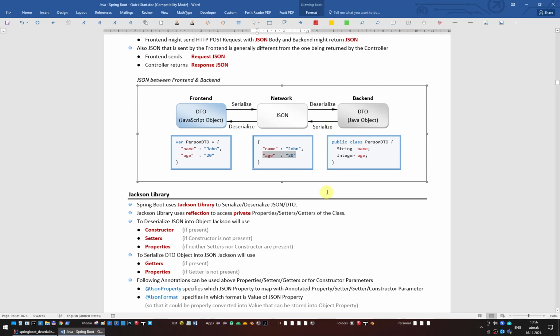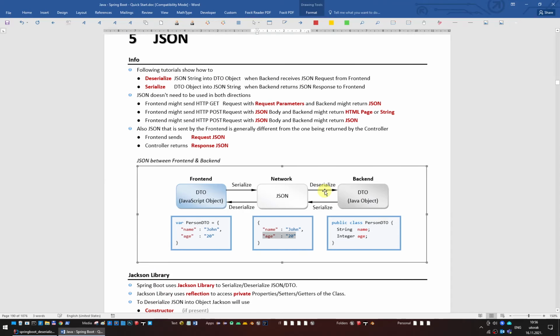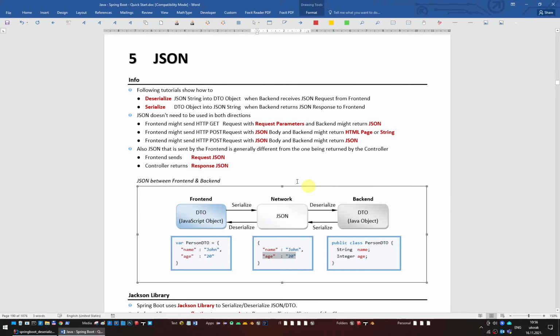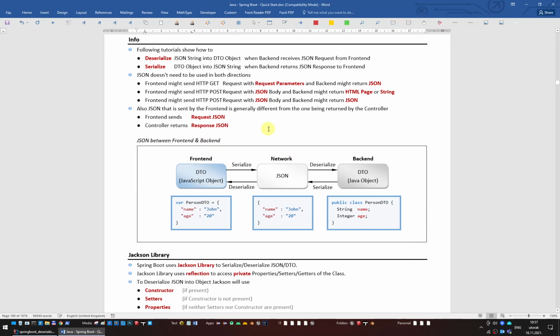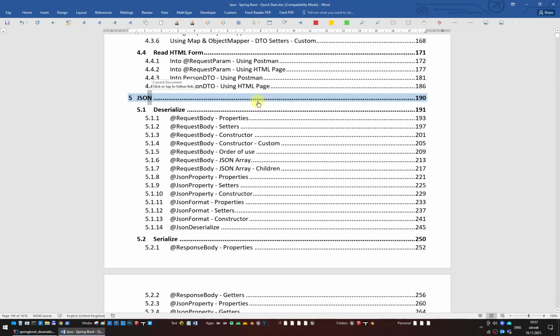So this was an overview of how to work with JSON, deserialization and serialization. Now we will go through specific tutorials that cover each of these topics separately. So let's start by